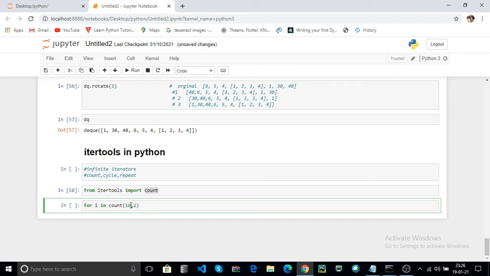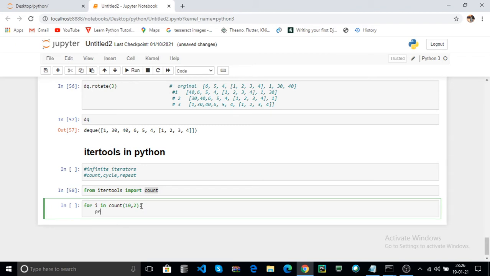In the second iteration it prints 12, then 14, then 16, and so on. Now print i. Here it runs infinitely because it iterates infinite times.